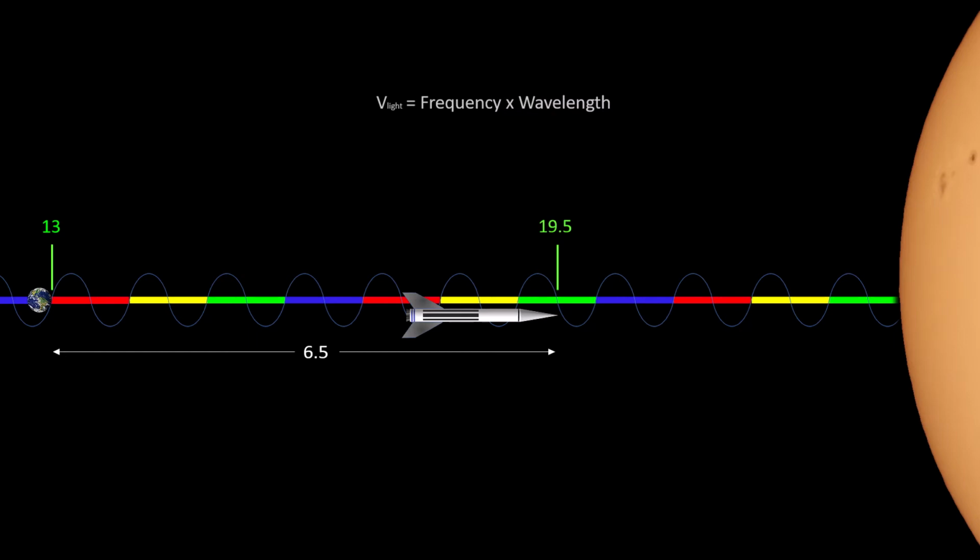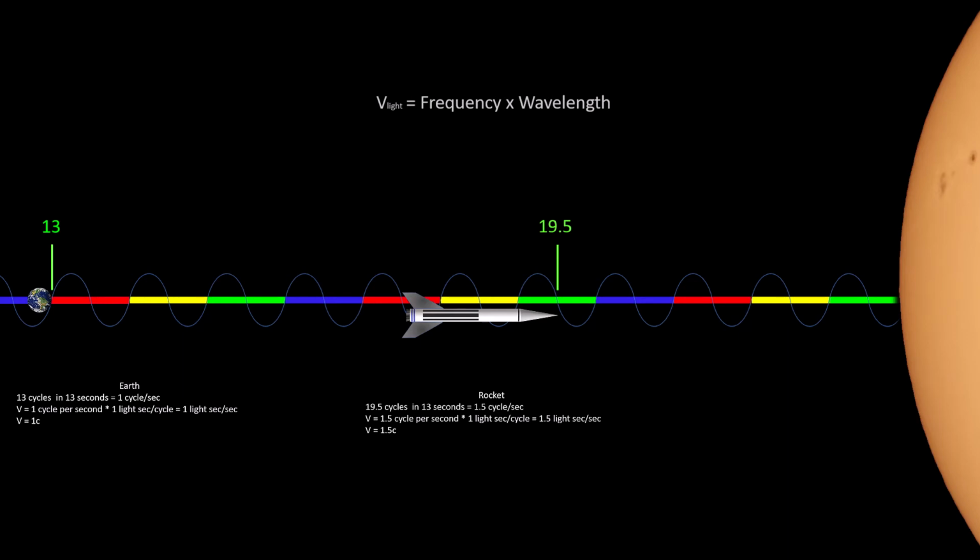The Earth saw 13 cycles in 13 seconds, which is 1 cycle per second. The velocity is equal to 1 cycle per second times 1 light second per cycle, which is equal to 1 light second per second, or 1 c, the normal speed of light. The rocket saw 19.5 cycles in 13 seconds, which is 1.5 cycles per second. The velocity equals 1.5 cycles per second times 1 light second per cycle, which equals 1.5 light seconds per second,